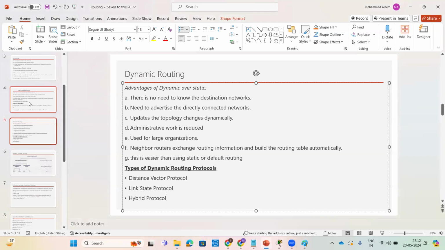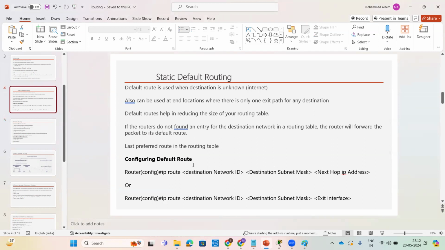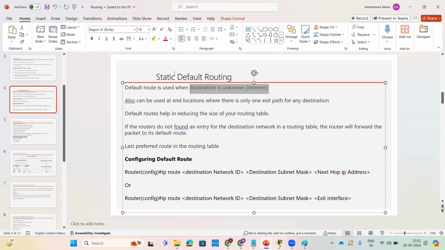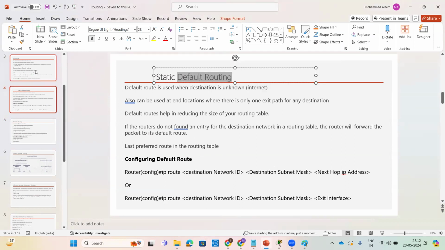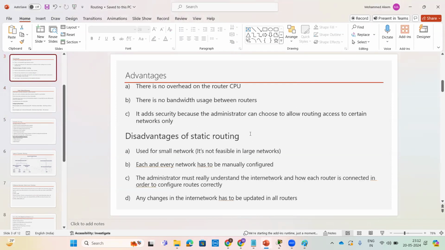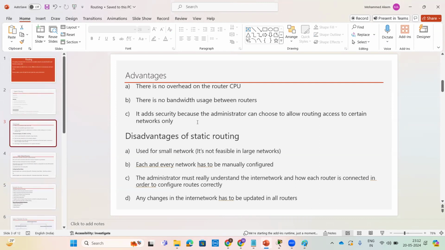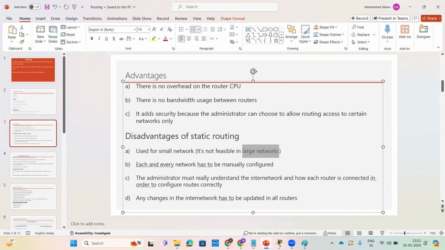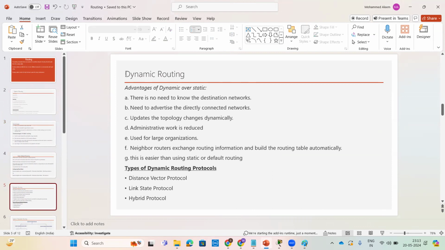Here in default routing, whenever the destination address is unknown, we use default routing. But whenever our destination is known, we use static routing. Static routing is not very scalable, and it is only for small organizations, not for large networks or large organizations. Fine. Now coming to dynamic routing,